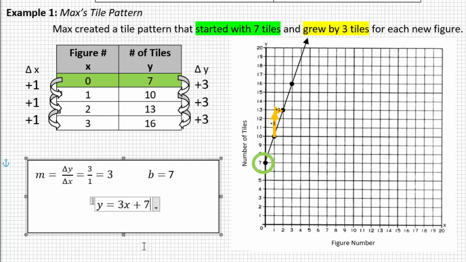So now, from this written description of Max's tile pattern, we were able to identify how it started and how it's changing, the starting value being our B value, how it's changing being our M value. We were able to create a table and graph those points, and then show from that table and that graph how we find the M value, how we find the B value, and put it all together in